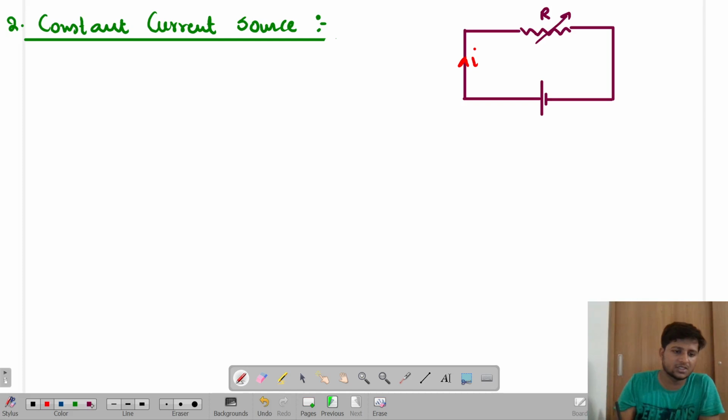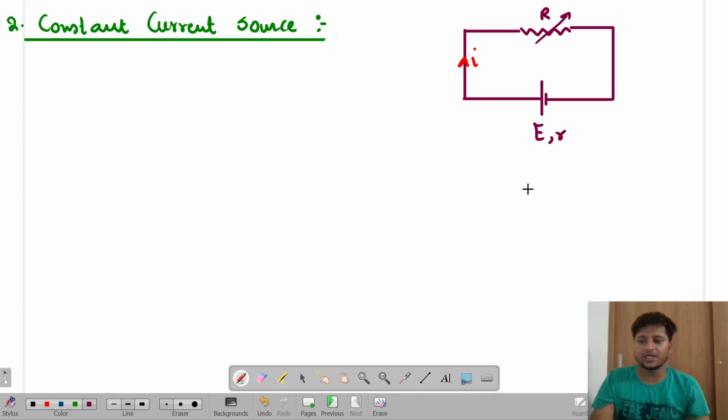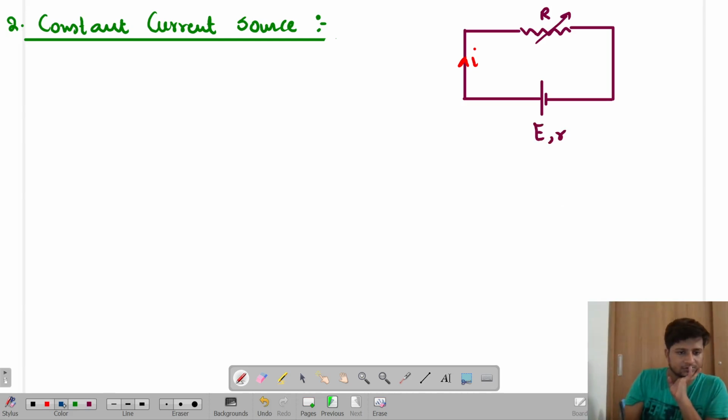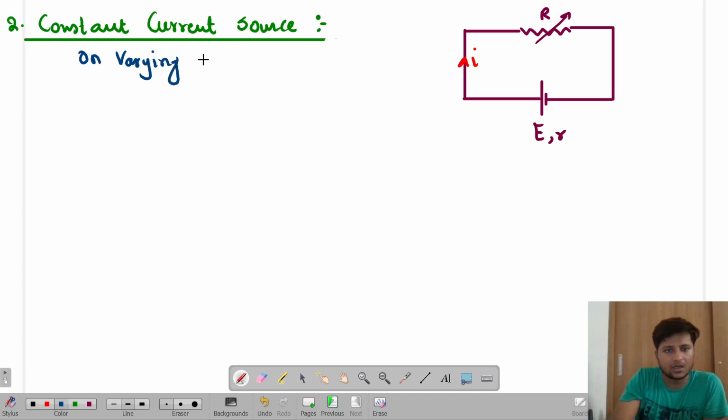Let's suppose the battery has EMF V and resistor is R, it remains the same, constant. Okay. So the point is very simple: on varying R, the current remains almost the same